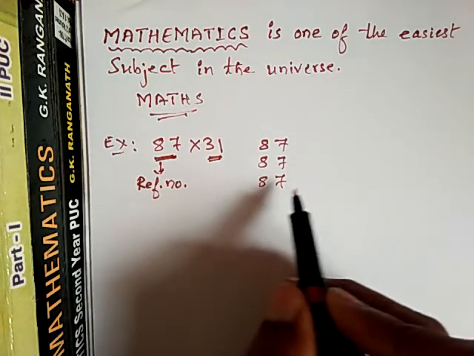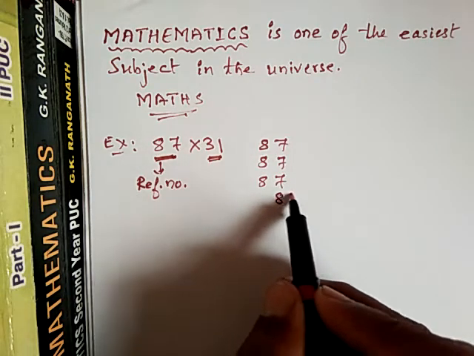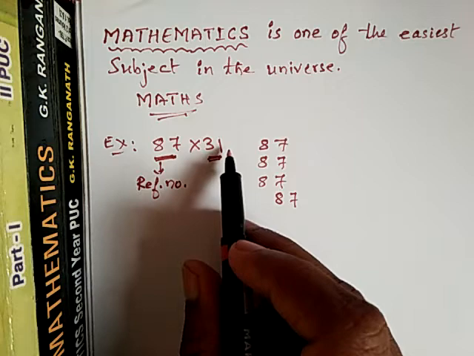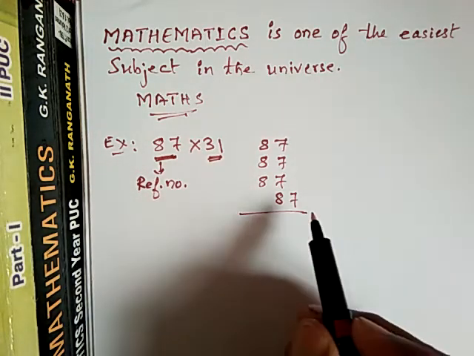So for that you have to go to the right hand side. Here two digits you have written like this. So you have to write here like this. So one digit this side. If one more number is there, you go this side, right side, you have to write. So just you have to write like this.